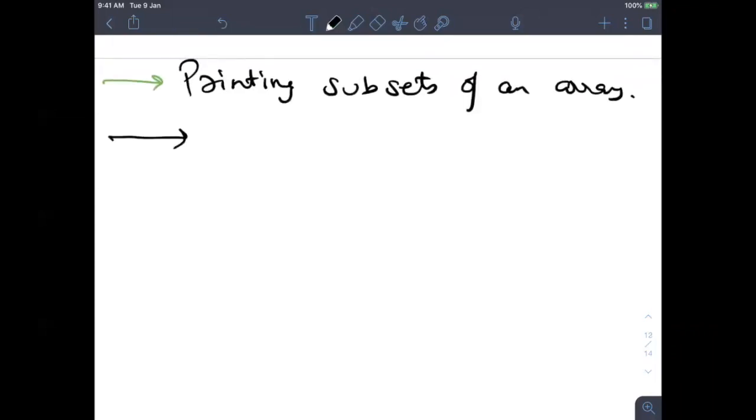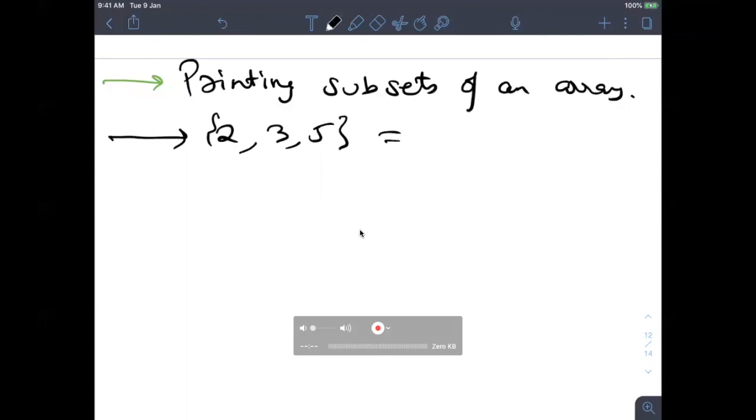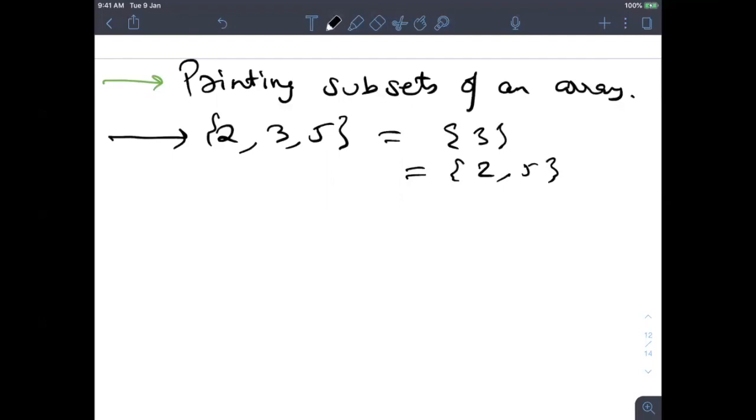So let's say again 2, 3, 5. You have to print the subsets. I'll repeat for those who were not there in the last lecture what a subset is. Basically, you choose some elements, the order should be the same, and it's your choice whether you want to choose some element or not. So let's say 3 is a subset. Basically, you are not choosing 2 and 5 but you are choosing 3. Similarly, 2 and 5 is a subset, so you are not choosing 3 but you are choosing 2 and 5. 5 and 2 is not a subset because the order is not the same. So the order should be the same. That is a mandatory thing.